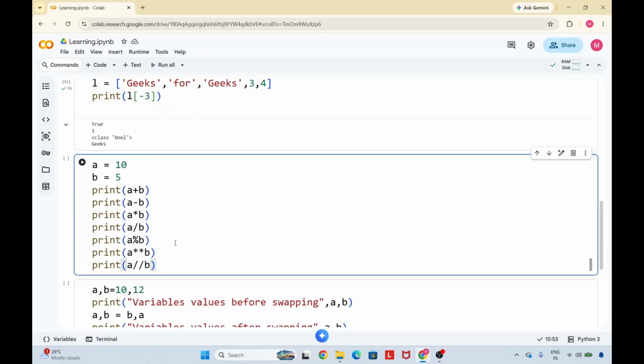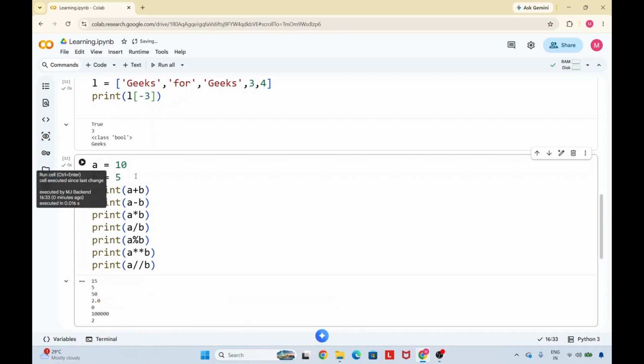Just try to remember it when we do the programming using Python. Let us run this. See here, 10 plus 5 is 15, then 10 minus 5 is 5, 10 into 5 is 50, 10 divided by 5 is 2.0, that is the float one, which I already told you, that on division it will return the float one. Then what else we have, 10 modulus 5, so it will be 0, as the modulus operator